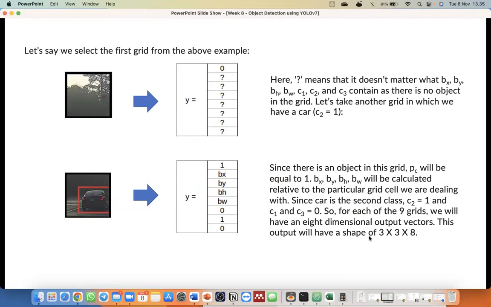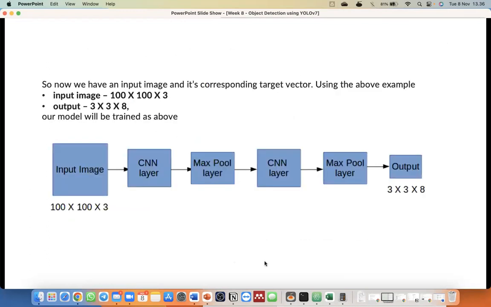So the output will be the vector which has a 3 times 3 times x shape. Okay, so now we have an input image and its corresponding target vector. Using the above example, the input image is 100 times 100 times 3. The output will be 3 times 3 times x.